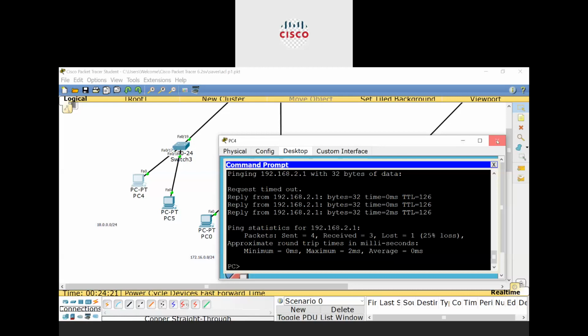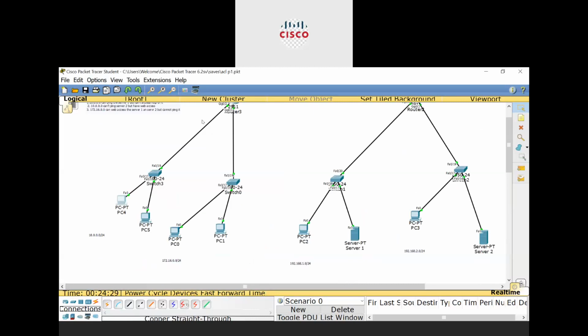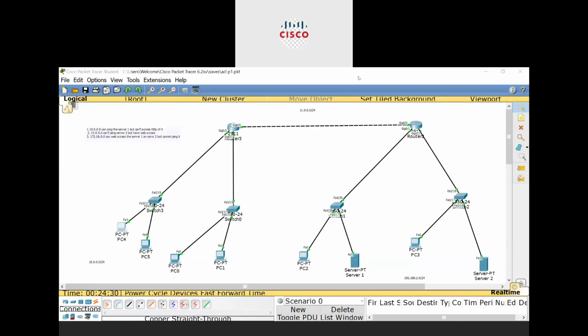So yes, now I want to know from all of you, if you guys have any issue or any doubt or problem with this existing topology that we have done, you can ask me. I will re-explain this, or else we will continue further.